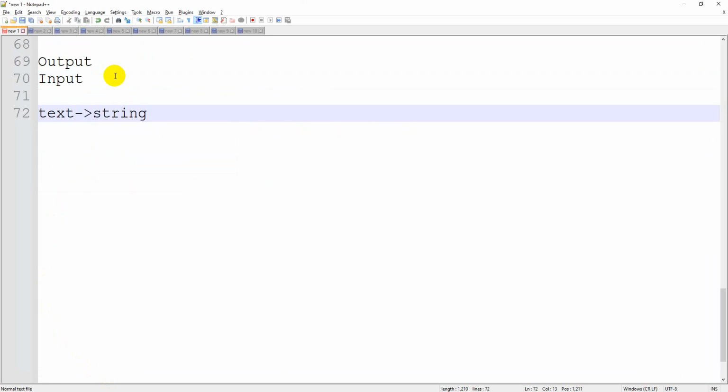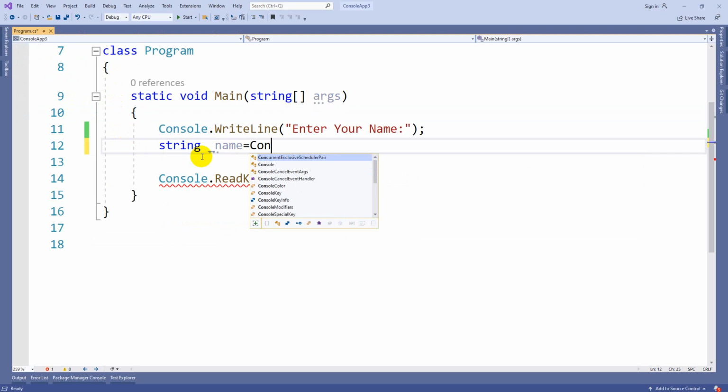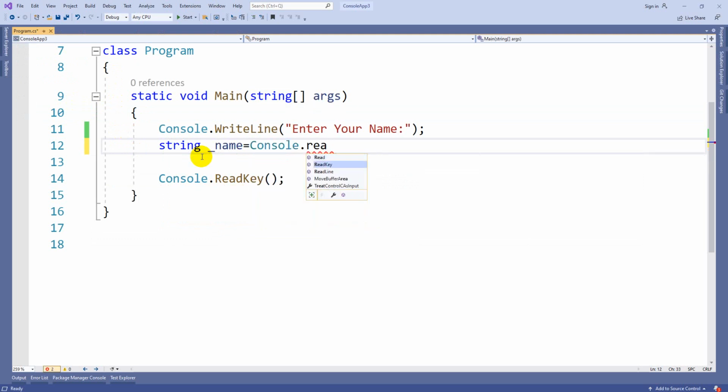If I am passing something to the screen, I use the word WriteLine. Line means a group of characters. Even to read the input, we are going to use ReadLine. Again, it's a collection of characters, nothing but text, so we can use the data type string for this. That is the reason: string user_name equals Console.ReadLine. As I mentioned, this is the method to read input characters from the console screen. So now we got the name.